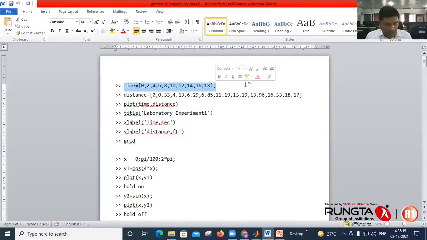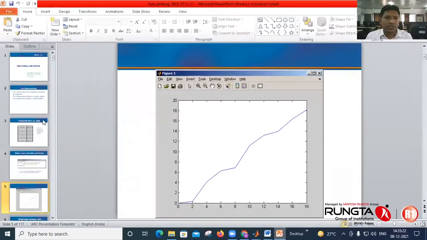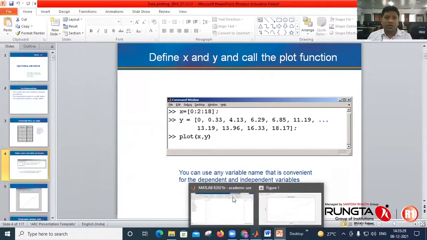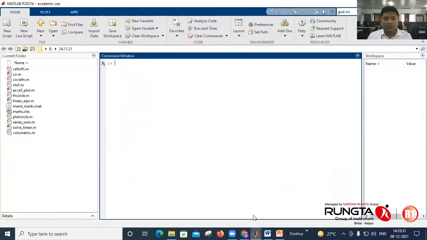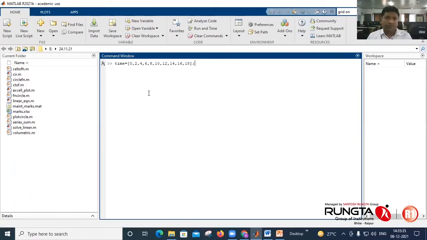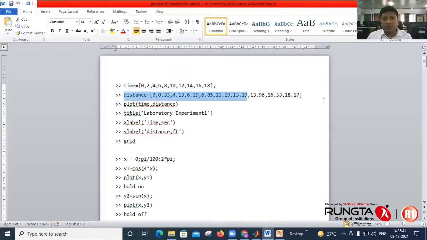So we are plotting time versus distance. We have to define the X variable and Y variable. So I'm defining X as time. Okay, enter. And distance as the second variable, that is Y.